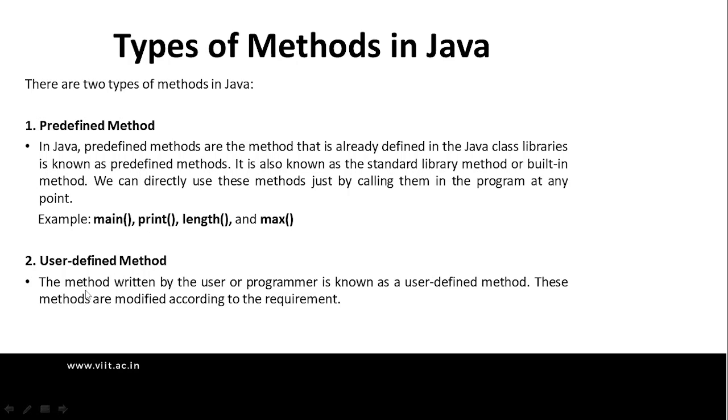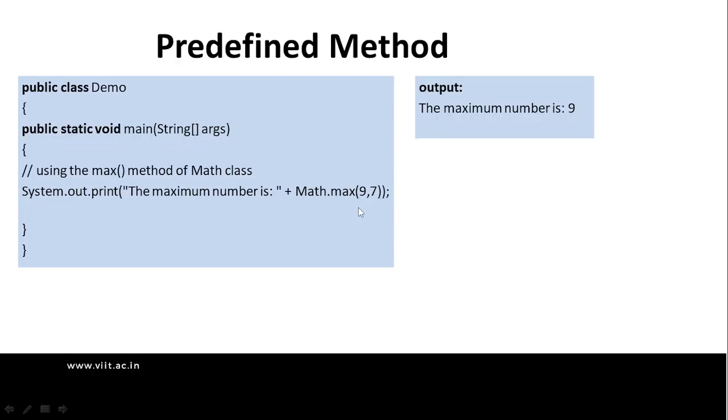A user-defined method is a method written by the user or programmer. These methods are modified according to the requirement. For a predefined method, for example, we can have a predefined method from the Math class, so that the maximum of two numbers we have to find out, we can use the inbuilt Math class in java.lang and Math.max(9,7). This method we can write, so let us check this